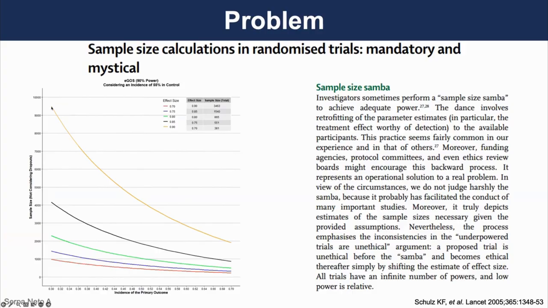And this is the problem with mortality in critical care. We know that mortality in critical care is reducing. In some settings and some populations it is sitting around 20%, 25%. So to show